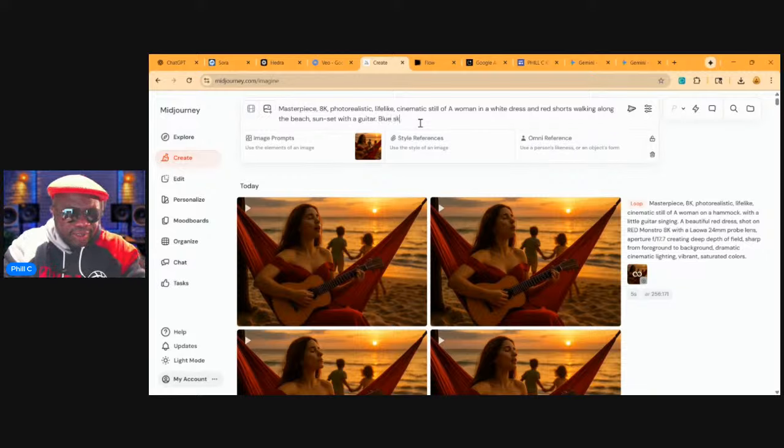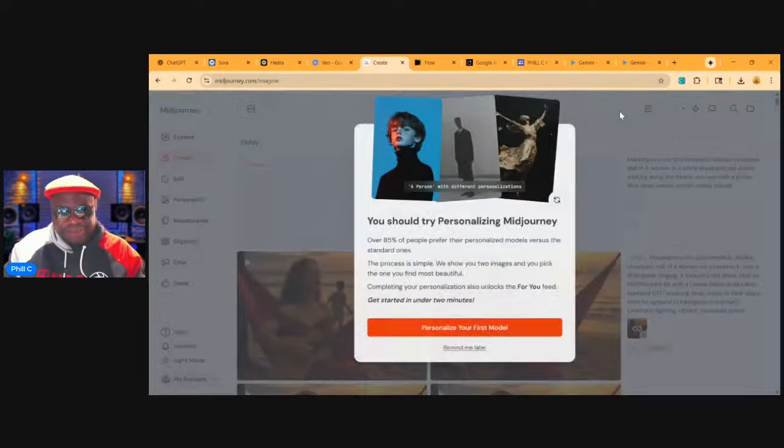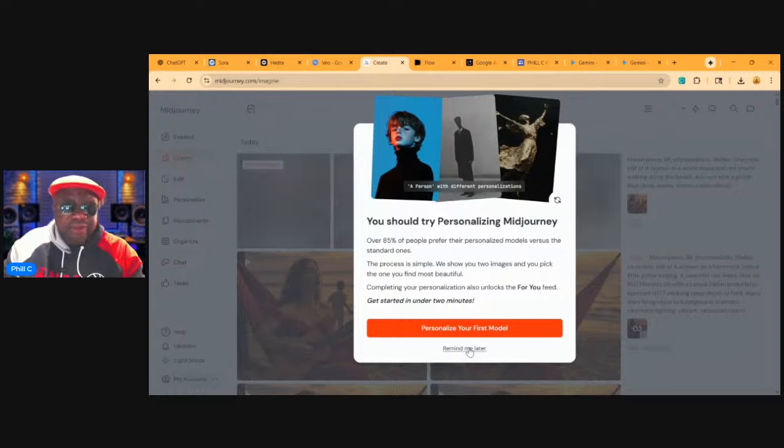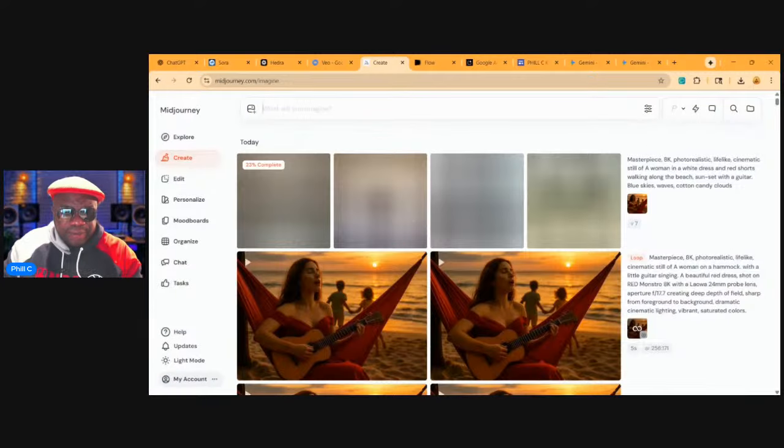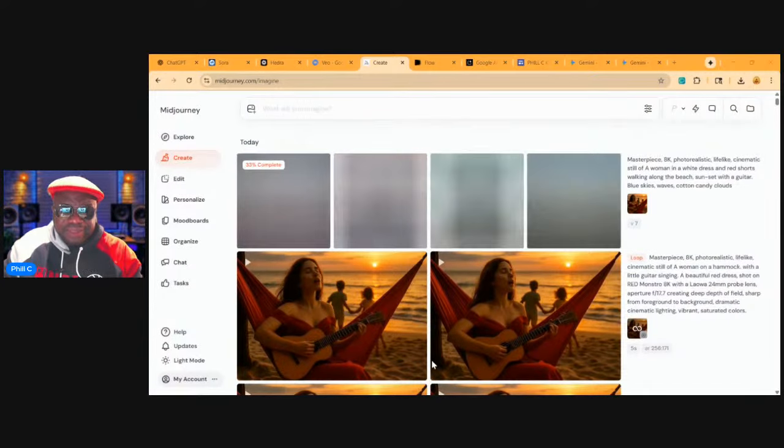Blue skies, waves, cotton candy clouds. Okay. So, sometimes it could be a toss up. Sometimes you can get some really good imagery, and other times not. So, patience is the name of the game. Oh, which jacket?